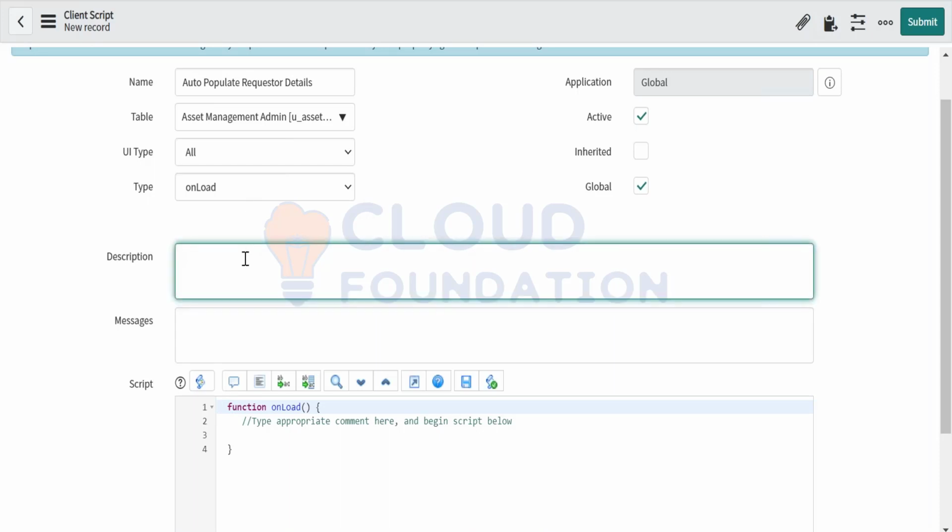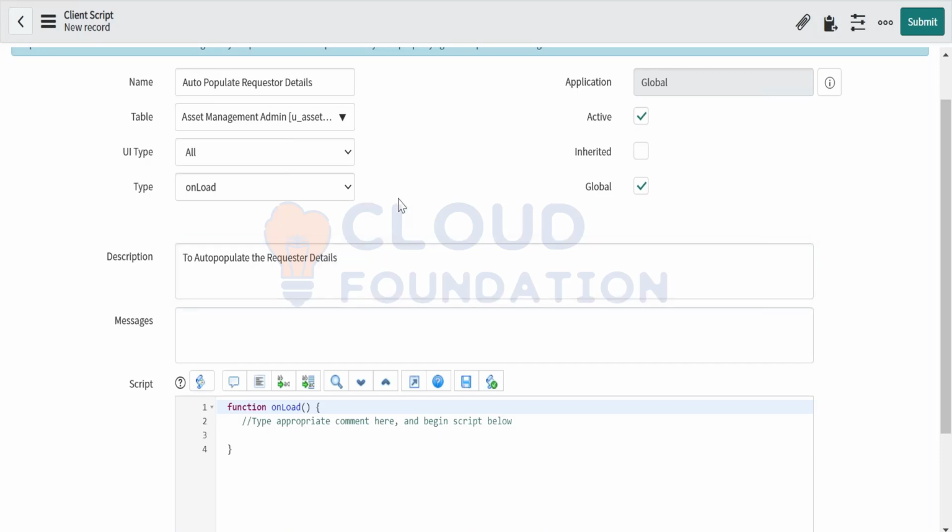A description is something you could give, probably something like "to auto populate the requested details." This is not always necessary, but just for your understanding, I'll add this up. Okay. Now,